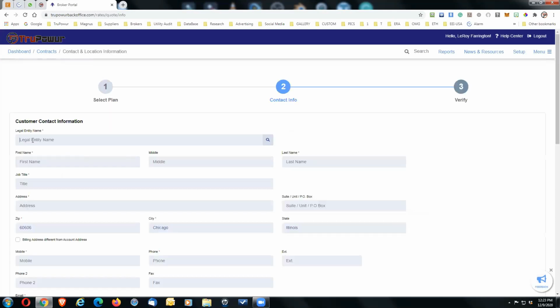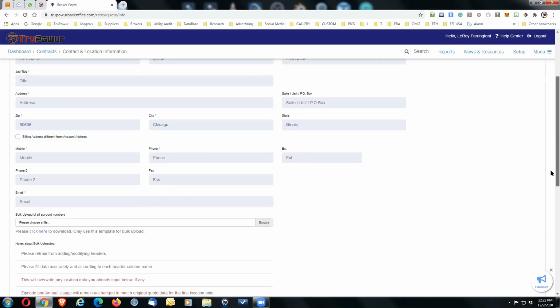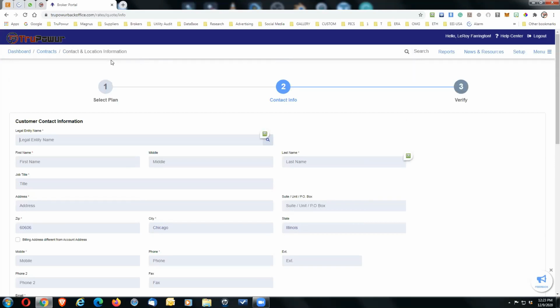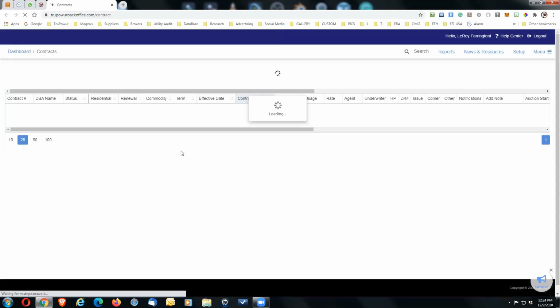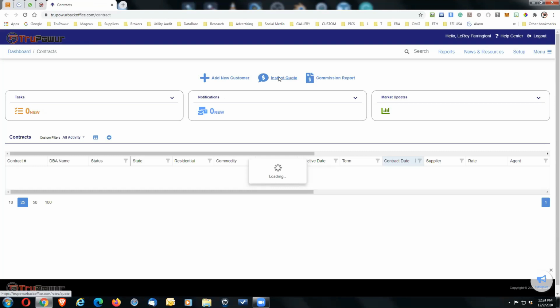So you can put their information in here and submit most of it, except that you don't have a copy of their electric bill. But if you are opening with the utility audit, then more than likely you're going to have a copy of their electric bill before you start. So it's real simple to just click to go into the back office, and instead of looking at the instant quote, you're going to want to click